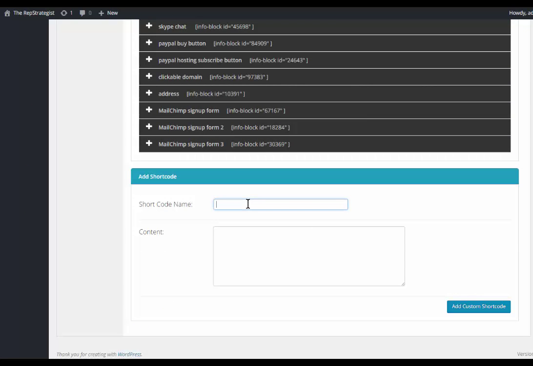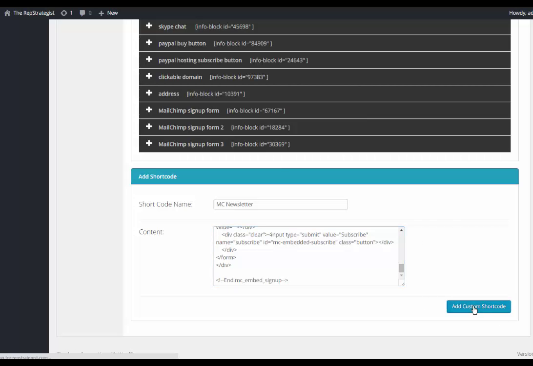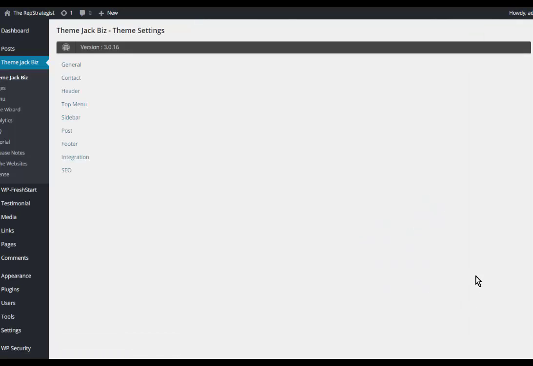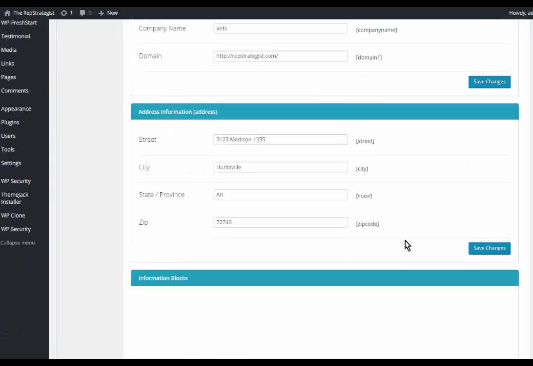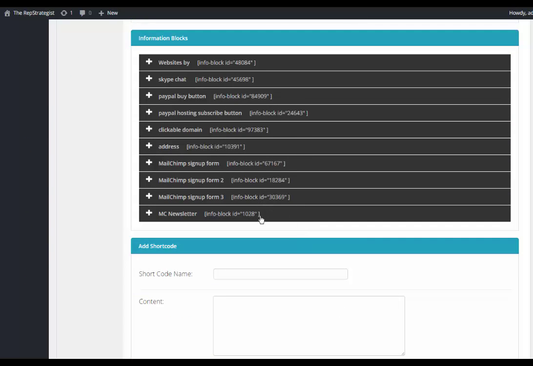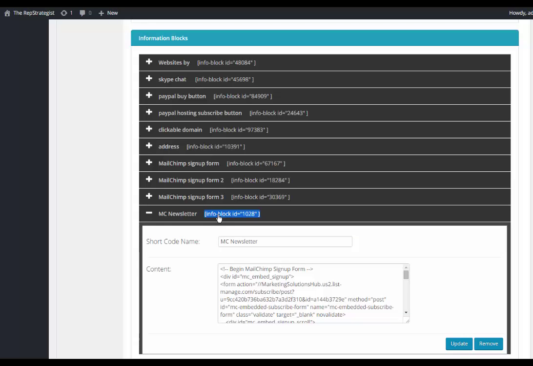So I'm going to put the code in here in this content box and add a custom shortcode. And I will now copy this shortcode or info block, and